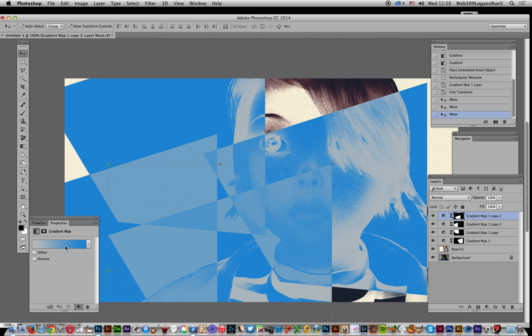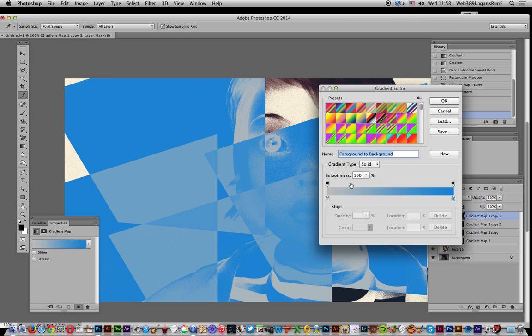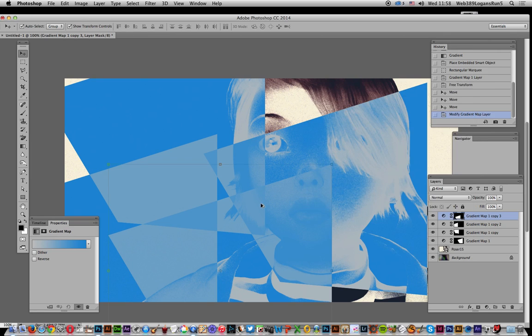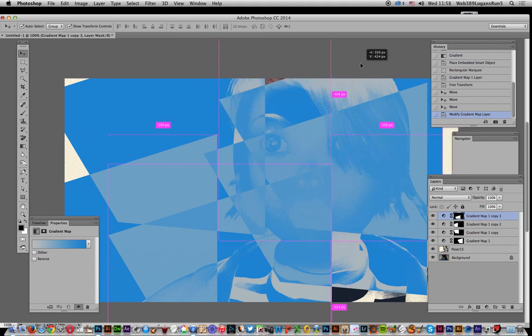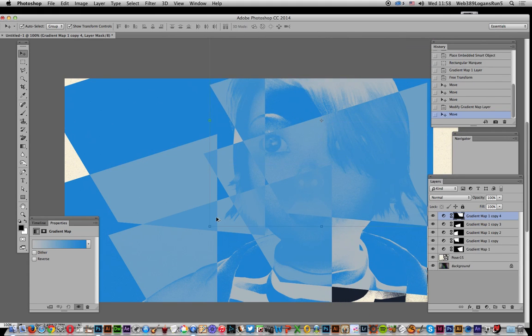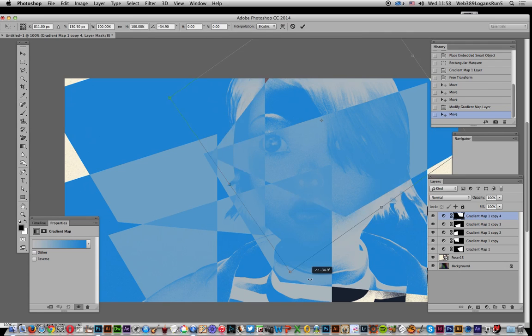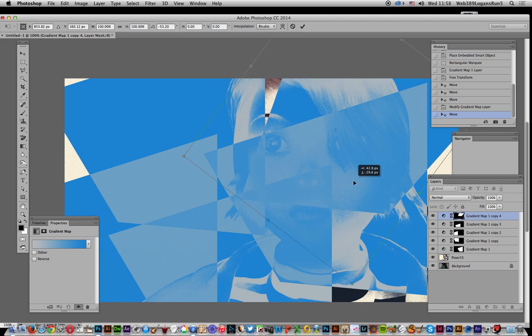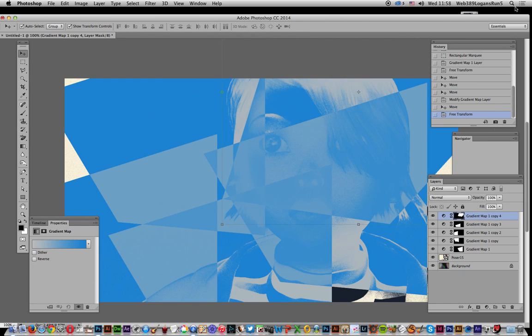I'll just quickly go on to that gradient now. It brings it up, very basic, just two stops. Cancel that, and then drag that up to the final bit up there. Again, it's still a layer, so you can rotate these, you don't have to keep them. I'll rotate that one around, move that around. Again, so I'm not having a single blue colour, I'm now just going to go